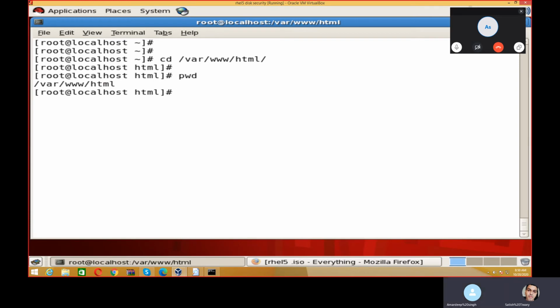It means if you have a file and you want to host it, this is the folder where you have to keep the file for web hosting. Suppose I am a website designer and I have designed a file. So I am going to create a file index.html here.